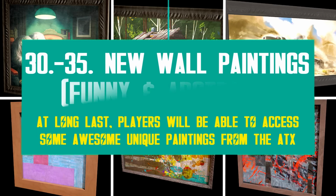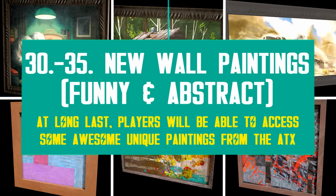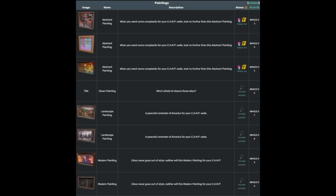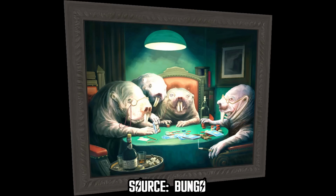Okay, the next group of items is rather exciting because it's the first time Bethesda adds wall-framed paintings to the Atomic Shop. I always wondered why they haven't added any so far when we have dozens, probably even hundreds of different paintings in-game. Just look around and you will find them all over the wasteland, really. Anyway, as I said before, there are 6 new ones on the way for player camps, but I think only